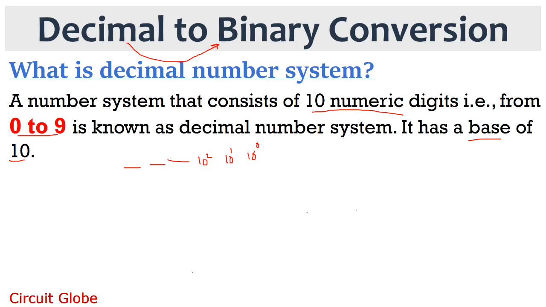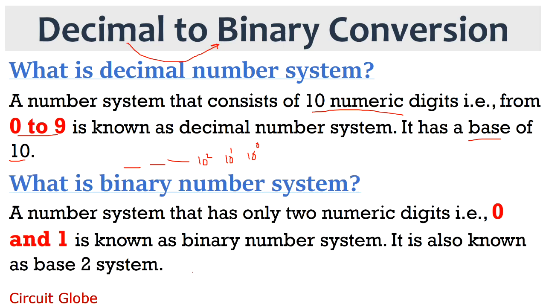Now let's see what is binary number system. So basically binary number system, also known as base 2 number system, consists of two numeric digits, that is 0 and 1. Binary number system is known as the most basic numbering system of all digital and computing based systems. The set of rules followed by binary number system is same as decimal number system, but a crucial difference is binary number system works on power of 2 rather than power of 10. Due to this reason, these are written as 2 to the power of 0, 2 to the power of 1, 2 to the power of 2 and so on from right to left.